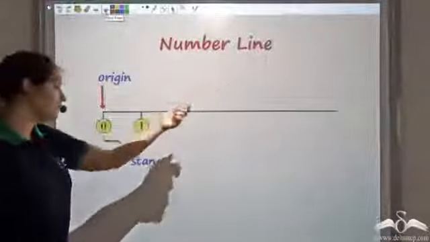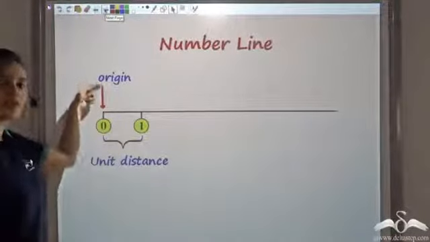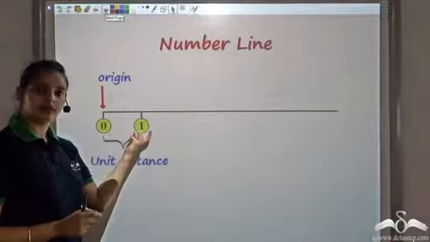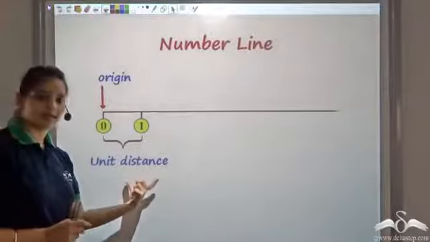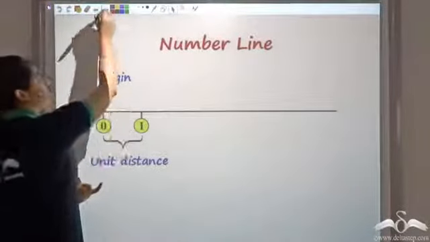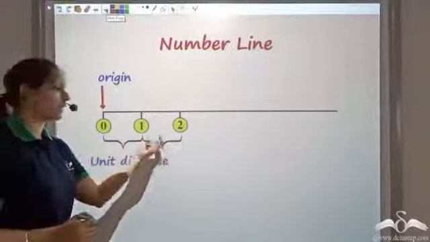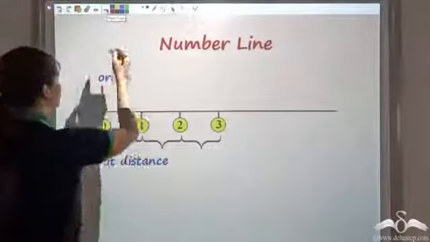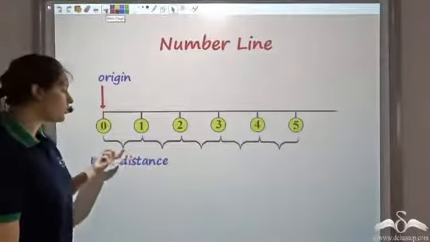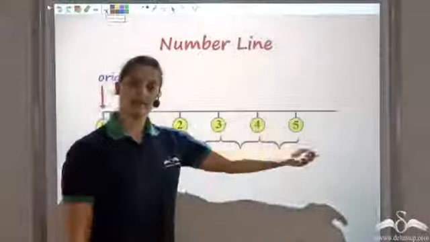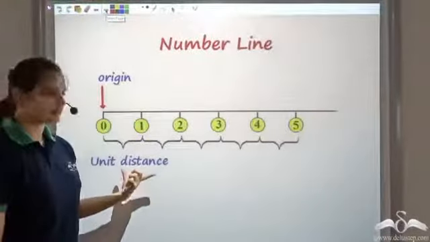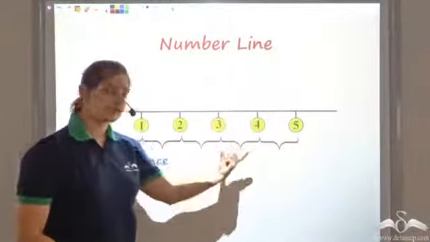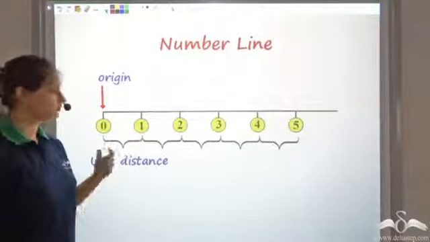On a number line again, the point from where we start, we call that as origin. And the distance from origin to the first number, which is number 1, is called as unit distance. Now the second number would be, if you add this unit distance 2 times, you get the number 2. Again, adding it 3 times gives me number 3. And so on. So what you see is that each number here is nothing but a multiple of the unit distance. Or I can say that any 2 consecutive numbers are evenly spaced. The distance between them is the same.